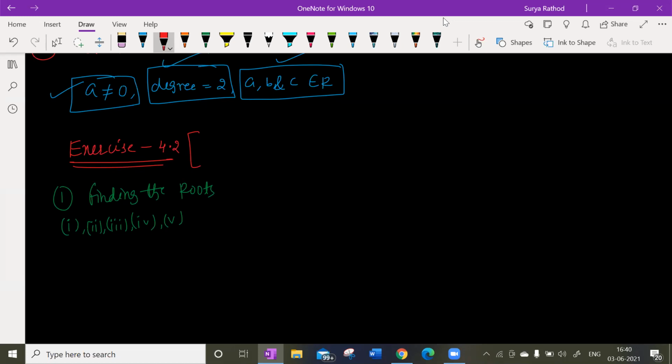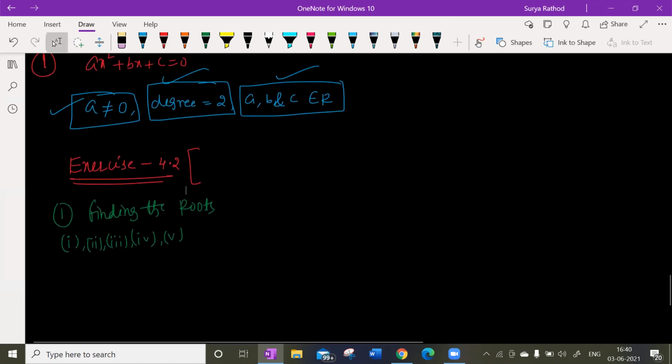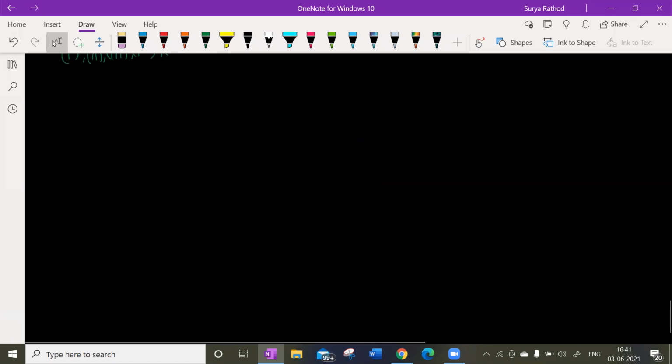Please, if you want to copy, you can just copy this and rejoin the meeting. After 1 minute, you guys rejoin the meeting and try to follow the class notes. So, completing the square method, you want me to discuss. First we'll discuss that.